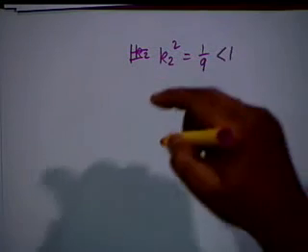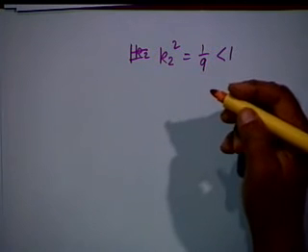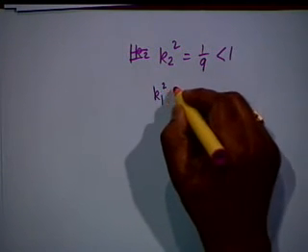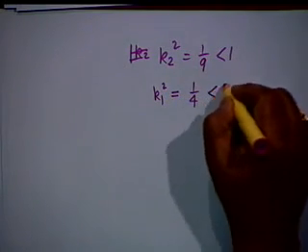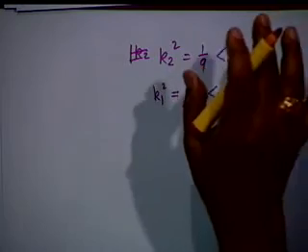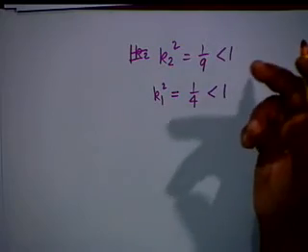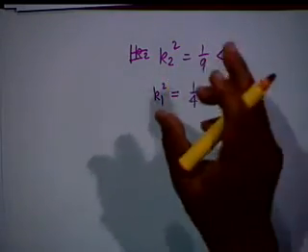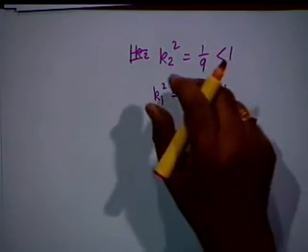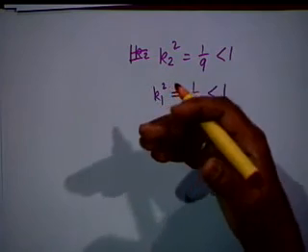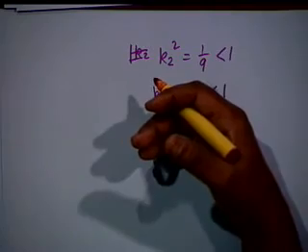Show. From the third order, you find the second order. Show that K2 squared is 1/9. This will also verify my calculation. And K1 squared is 1/4. This also is less than 1. I have chosen the coefficients in such a manner that life remains simple. You may not get this. You may get something like 29 by 358 or something. Keep it, have patience, keep it like this, and spend a little bit more time to be able to say confidently at the end of the test whether the function is stable or unstable.